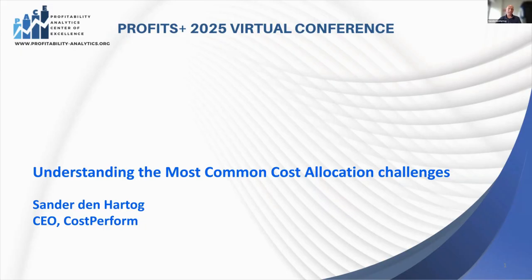And to make a little bit of analogy, that's a little bit how it sometimes is of building cost models and cost allocation models. It is not something that you do for the short haul, but something that you really have to dig into and take for a longer period. Enough said. Let's dive a little bit into this world of these cost allocation challenges.